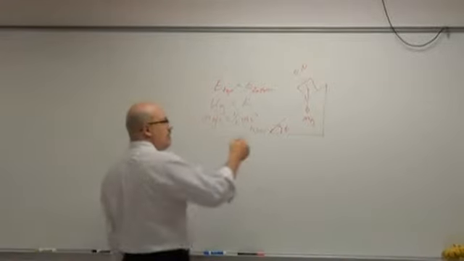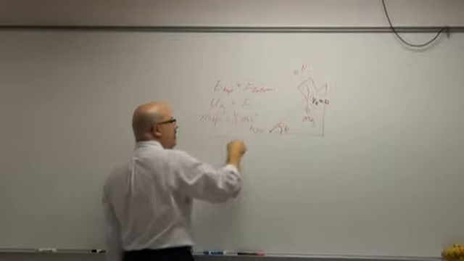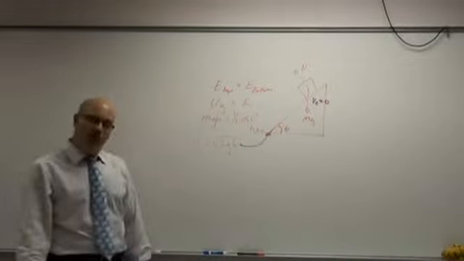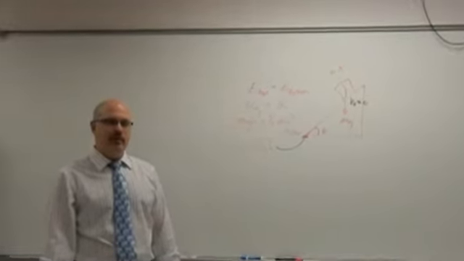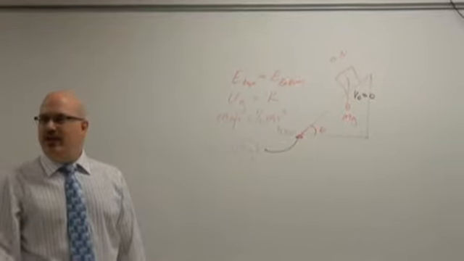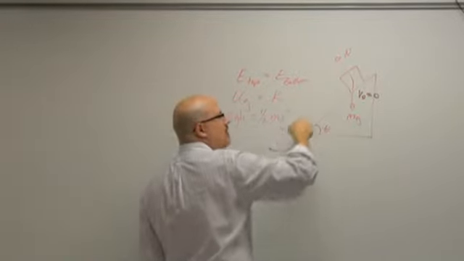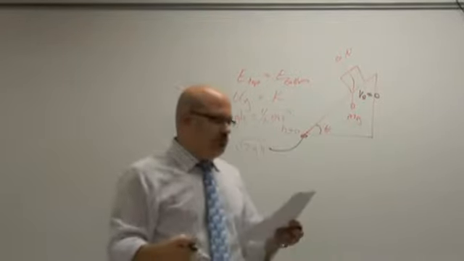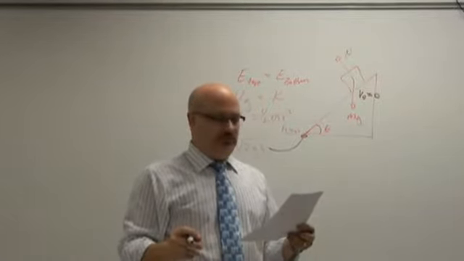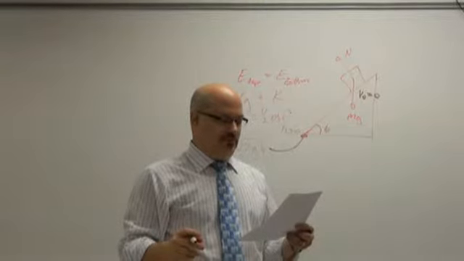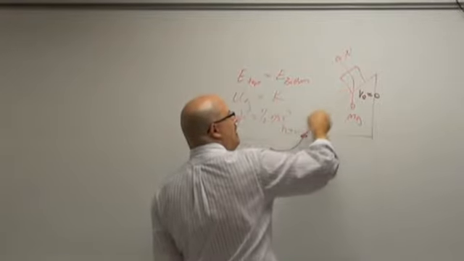Okay, look. In kinematics, what would we need? We know the initial velocity is 0, right? We know the final velocity now. Is that enough information to use kinematics? Yeah, we either need to know time or distance, right? Of which we know neither, because they didn't give us either of those things, right? Or did they? They did give us h. We could find the distance it travels from here to here using